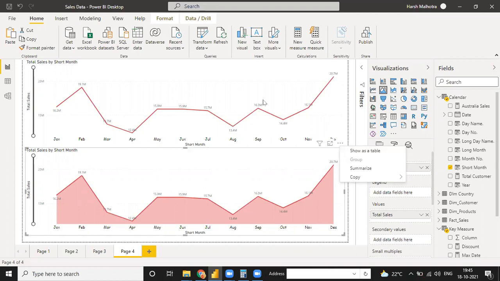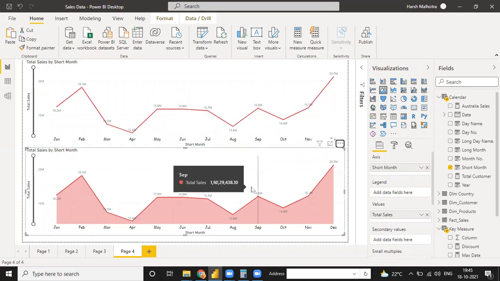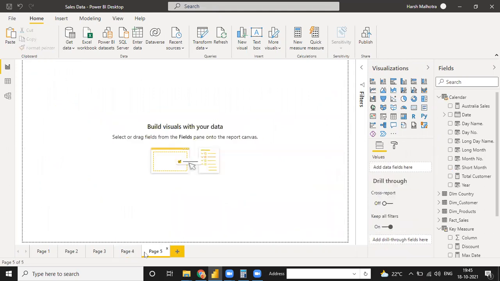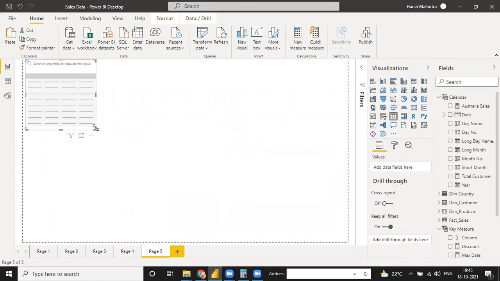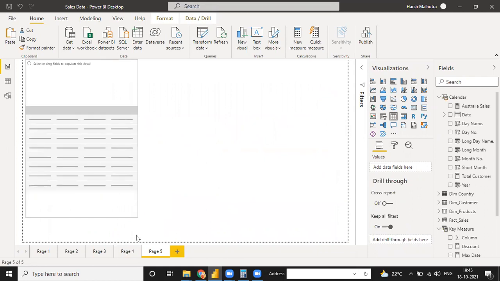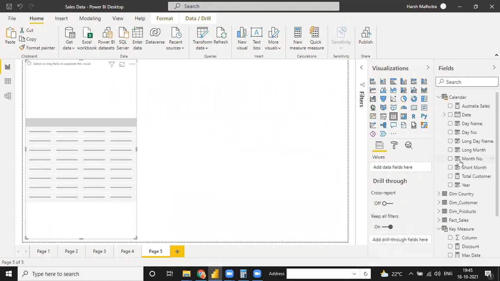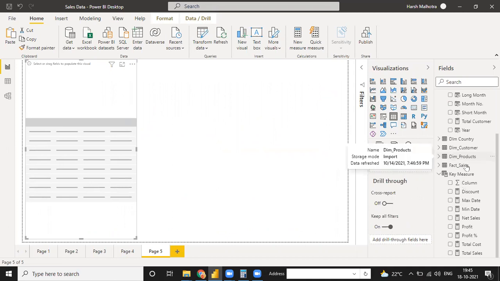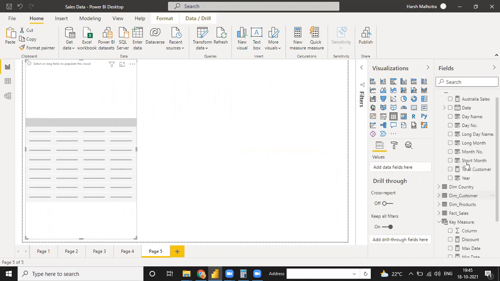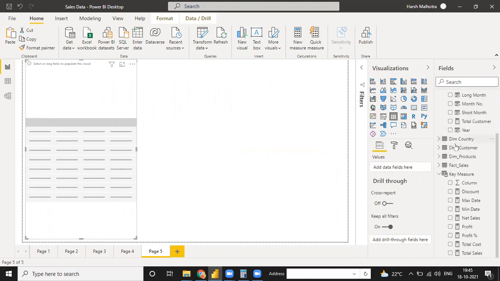So I think you don't have any doubt about how to make any visualization. Right now I have covered just two visualizations. Same way, if I go to my next page, this time I'm going to use a table again, and suppose this time I'm using my country.